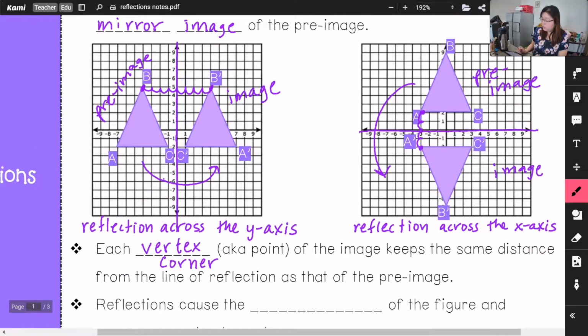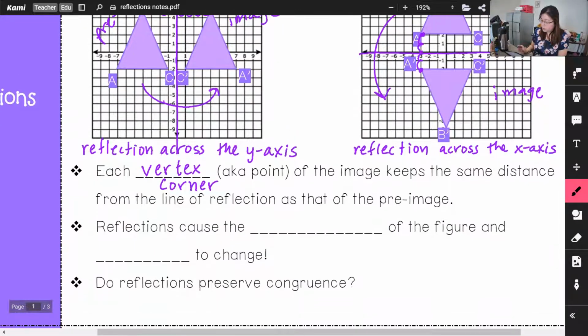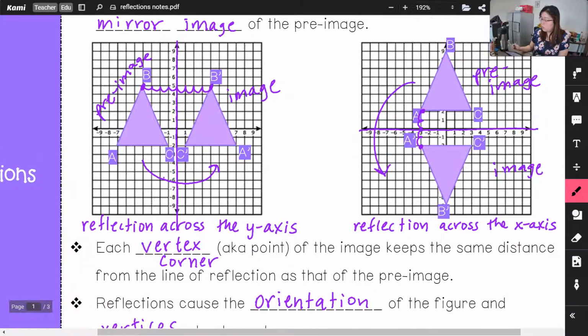So, you probably already noticed this by looking at the picture, but reflections cause the orientation of the figure and the vertices to change. Okay? So this is more obvious in this picture, the second one, right? But when we flip this, it's pointing in a different direction. The figure is no longer pointing the same way as before. B used to be pointing straight up. After we flip it, B is pointing straight down. So the orientation of the figure has changed,